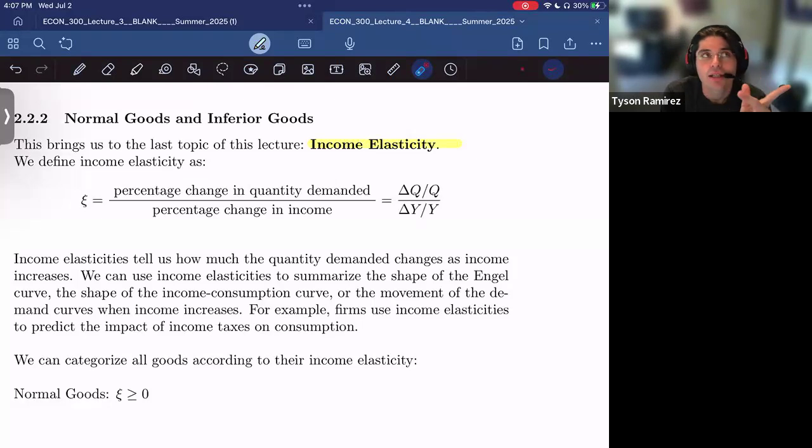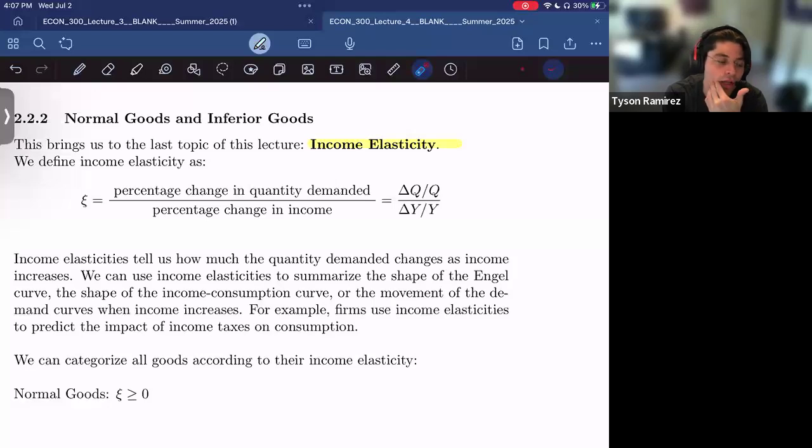All right. The income elasticity tells us a lot of things. It tells us about all of the things that I've mentioned in this lecture. It tells us whether the Engel curve slopes up or down. It tells us the slope of the income consumption curve, and it tells us how the demand curve will move when income increases or changes in general. And firms care a lot about income elasticity when they're deciding what to do about prices when a tax increase